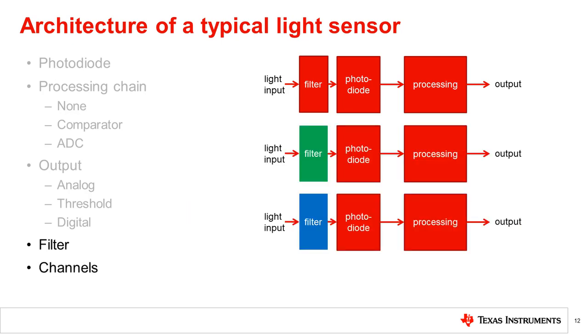This architecture can also be duplicated in a multi-channel sensor, which uses different filters to measure different wavelength bands of light. In the following slides, we will first discuss the ideal way to measure different spectra of light and the associated challenges that typically make the architecture shown the most practical to use in everyday devices. We will then explore the input side of this architecture consisting of filter and detector and why this is important for different types of light sensors. We will also introduce multi-channel sensor types.